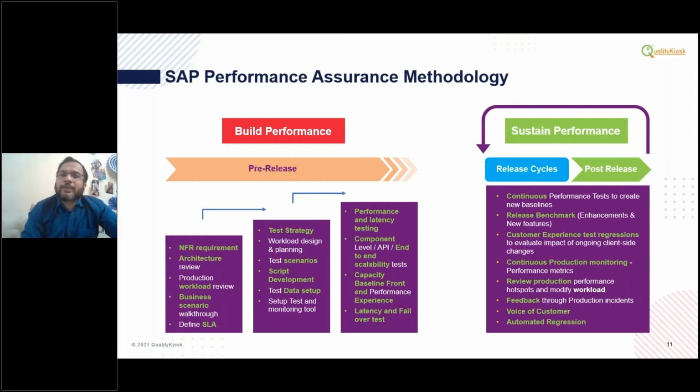But do it only once? No. That is why we said that it has to be done in blocks. We have to build the performance and also sustain the performance. Each and every release which is going live has to be tested the same way we talked about. But here we can have a smaller